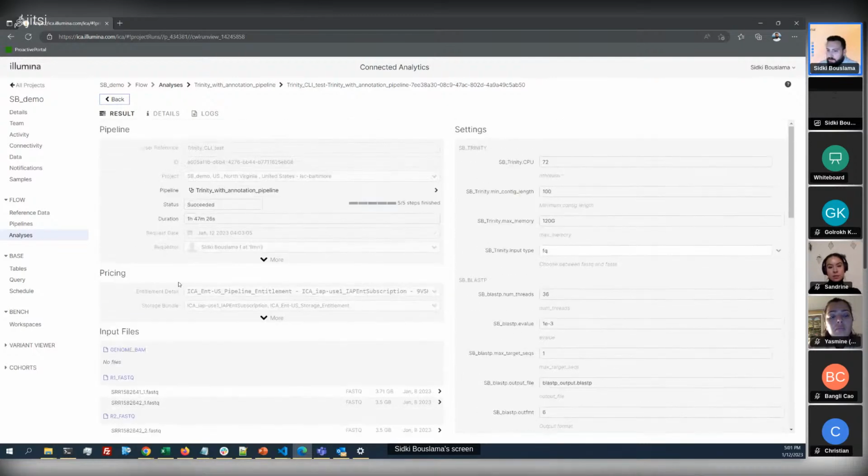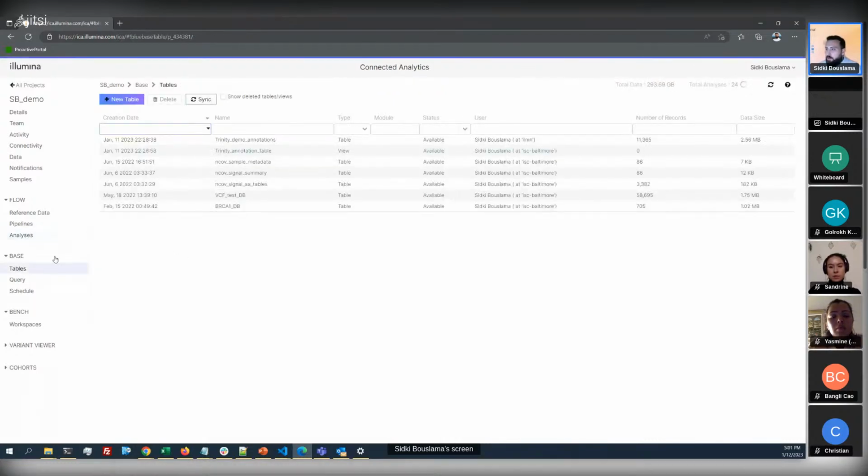We also have data warehousing capability. Again, you can have any number of